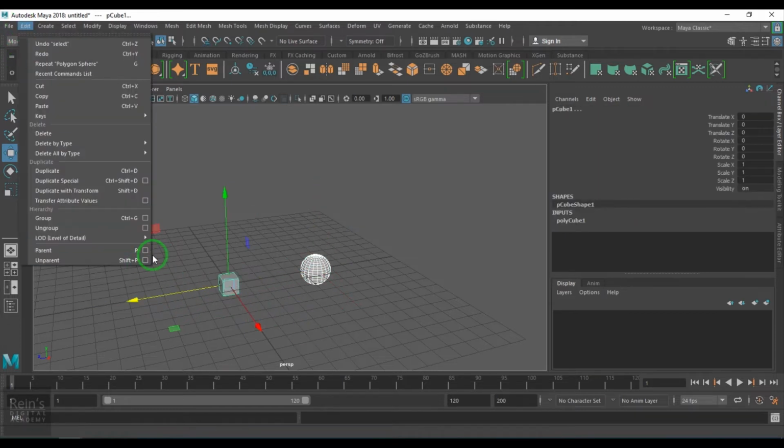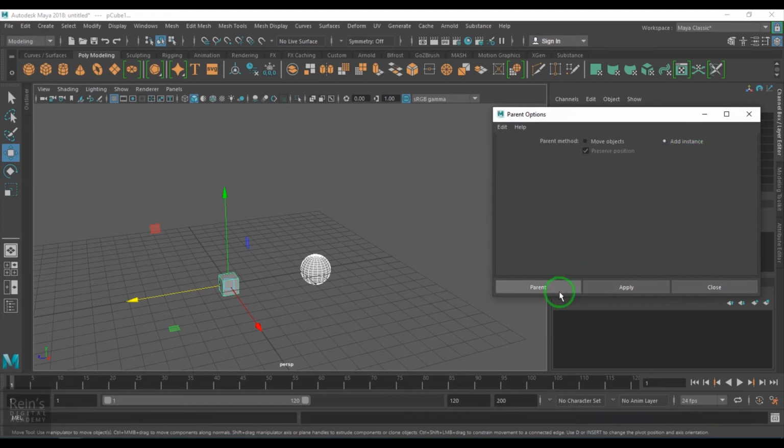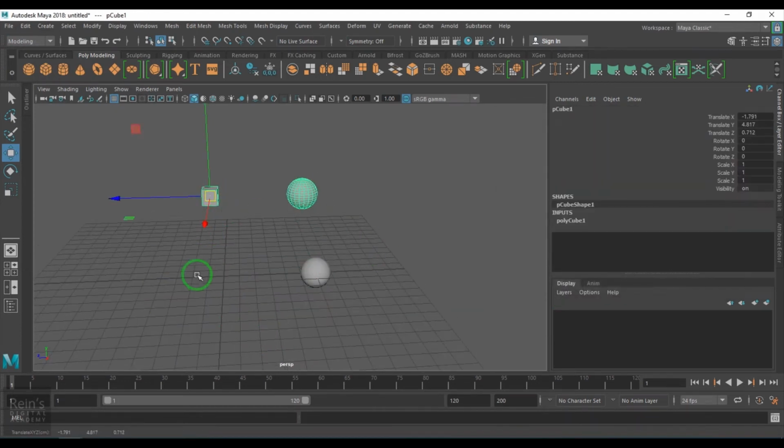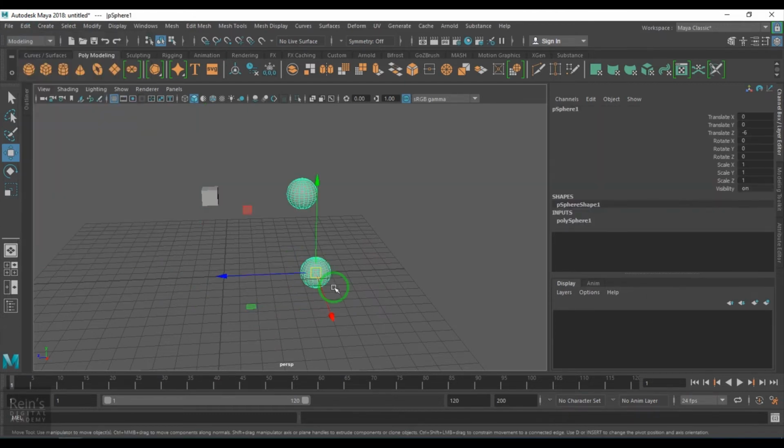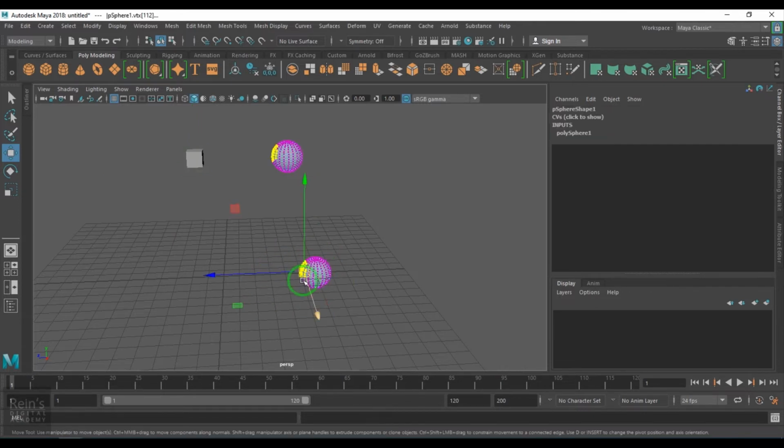Now we have the instance method. In instance method, when I have selected the sphere and the cube and then made a parent and child relationship, the sphere stays the same. It will make a copy which is an instance type copy, and that instance will follow the parent, not the original one. Now the advantage in instance is you change anything to the parent, the child gets that effect there. So you can do anything and its effect can be seen here.